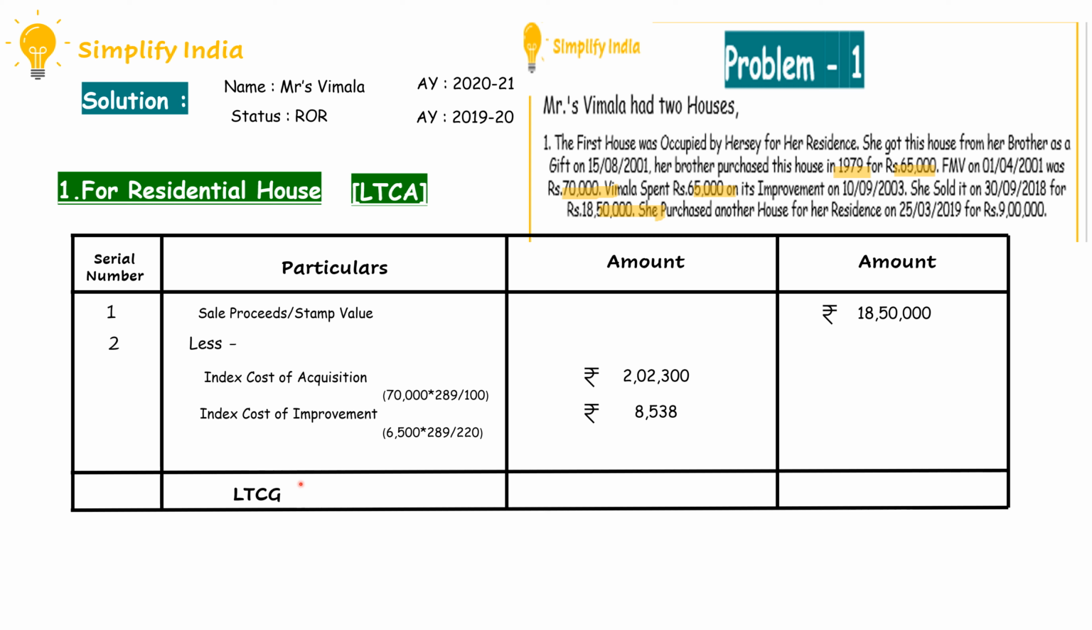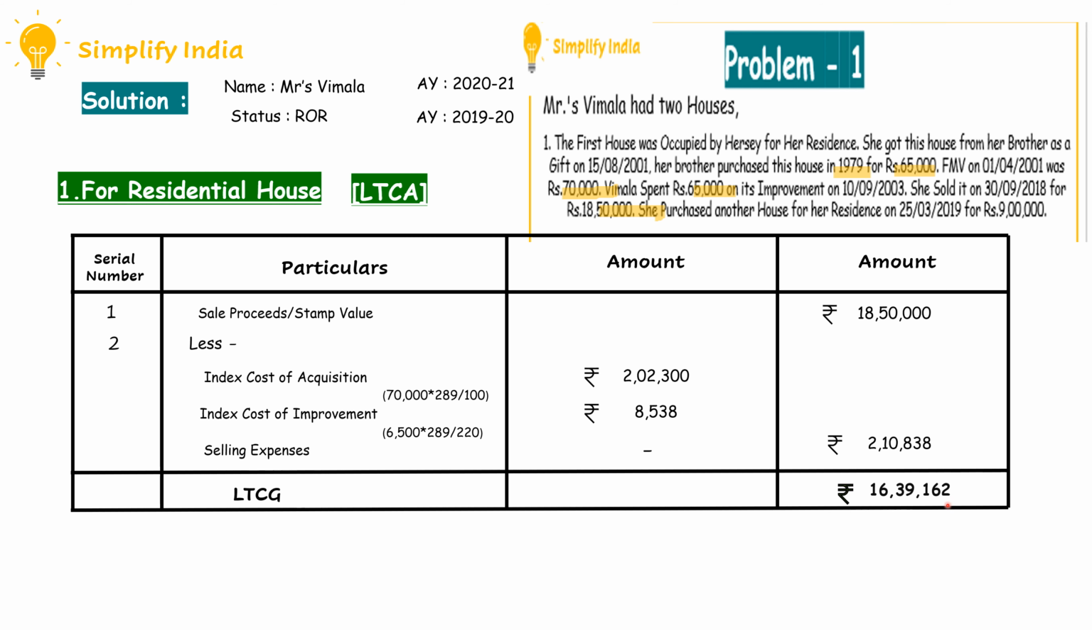Next we have to check for the selling expenses. In the given problem they have not mentioned anything about the selling expenses, so it is nil. Then add index cost of acquisition and the index cost of improvement and write it down in the outer column. And now deduct this total amount from the sales proceeds. We will get a long-term capital gain. As the amount is positive, it is a gain. So we got a long-term capital gain of rupees